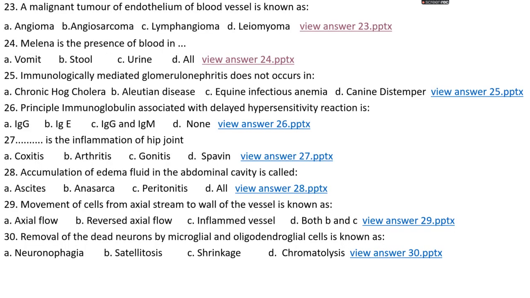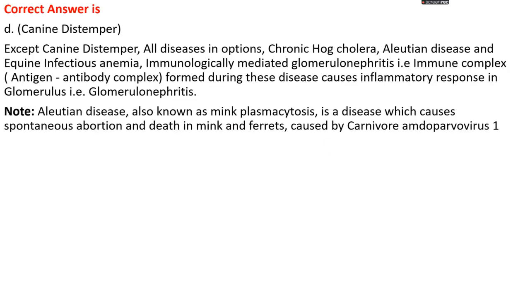Question number 25. Immunologically mediated glomerulonephritis does not occur in option A, chronic hog cholera, option B, Aleutian disease, option C, equine infectious anemia, option D, canine distemper. The right answer is option D, that is canine distemper. Except canine distemper, in all the diseases in the options, like chronic hog cholera, Aleutian disease, and equine infectious anemia, immunologically mediated glomerulonephritis